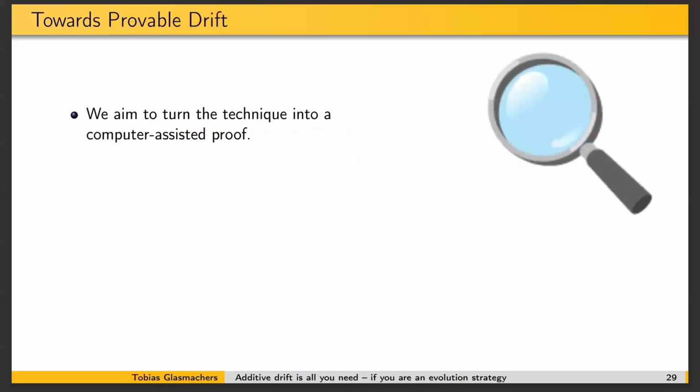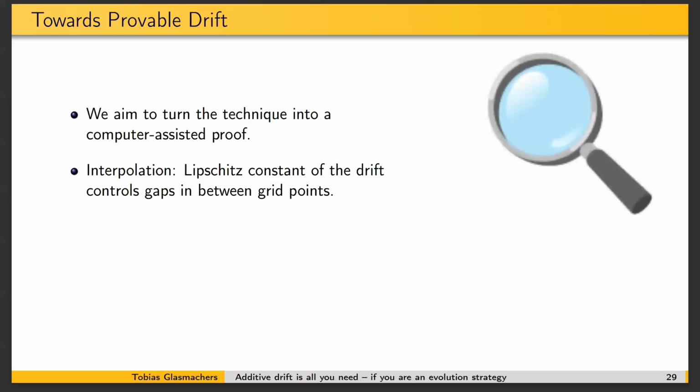And what we want to do with this is turn it into a proper computer-assisted proof technique. That's not really ready yet, but we are close. What we need to do is basically fill in the gaps between the grid points. We'll use some Lipschitz constant of the drift function itself for that. And